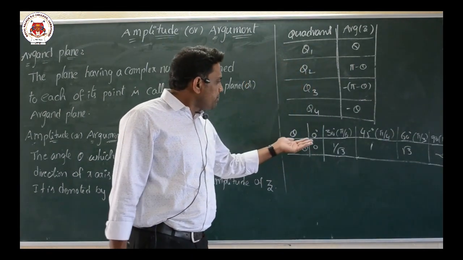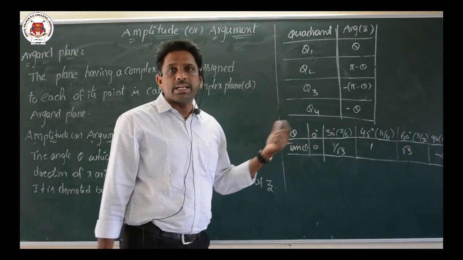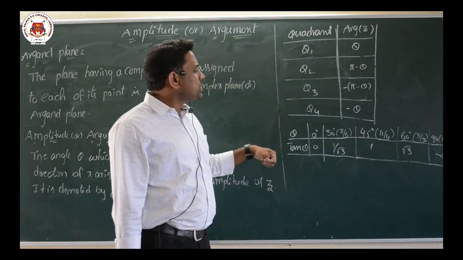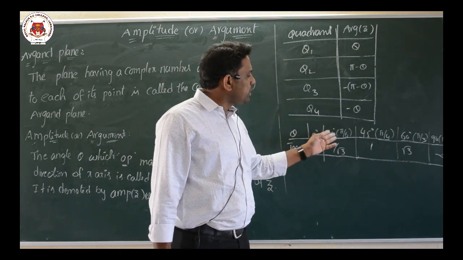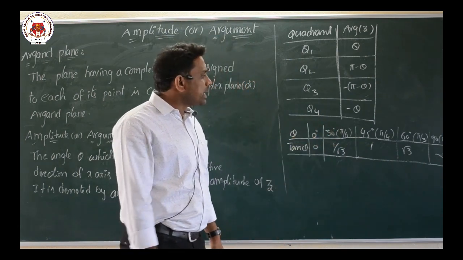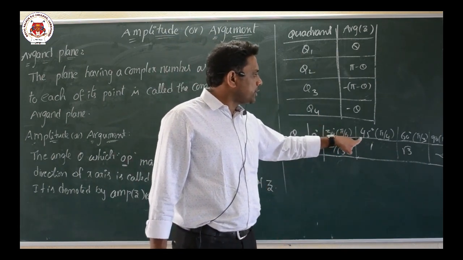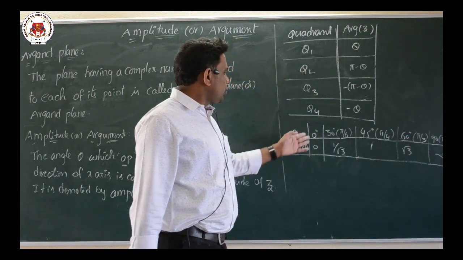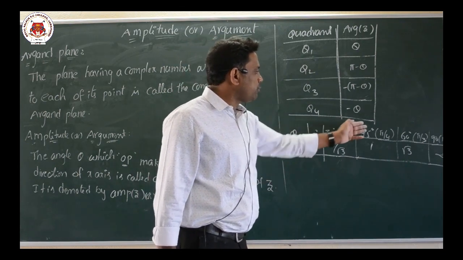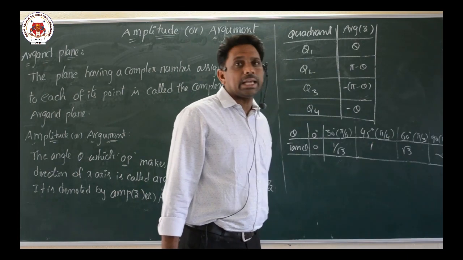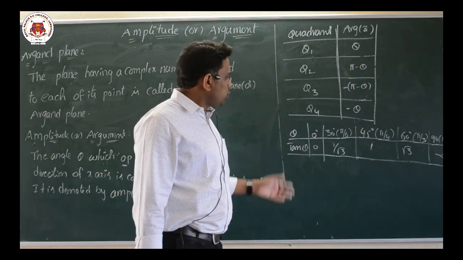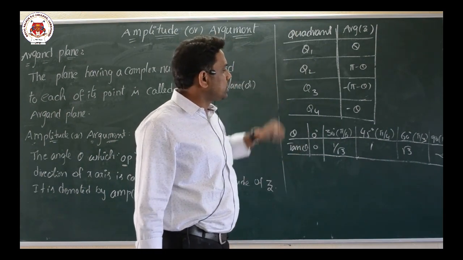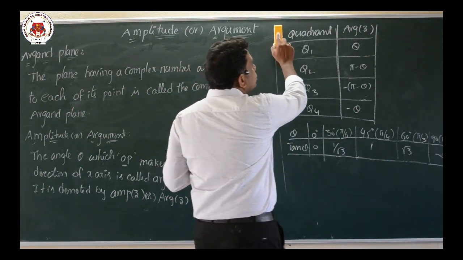So children, in your 10th standard you have these values: tan 0, 30, 45, 60, 90. But in PUC, instead of degrees, we will use the radians method. 30 degrees means pi by 6, 45 degrees means pi by 4, 60 degrees means pi by 3, and 90 degrees is pi by 2. So tan 0 is 0, tan 30 is 1 by root 3, tan 45 is 1, tan 60 is root 3, tan 90 is infinity. Infinity means not defined. These values you compulsorily have to note, otherwise you can't understand. So children, now I am going to take one example.